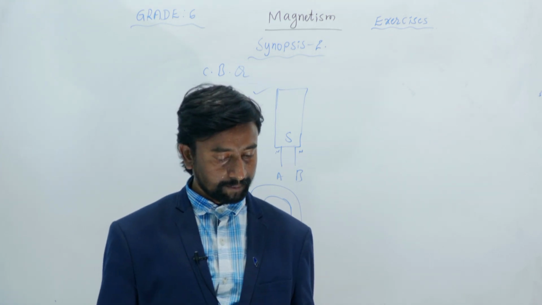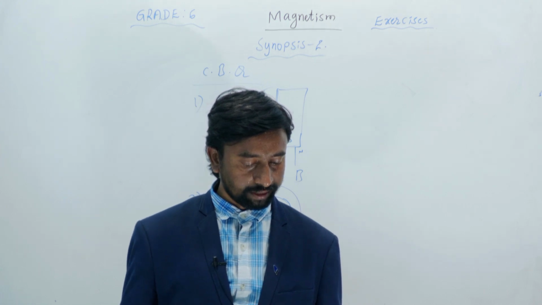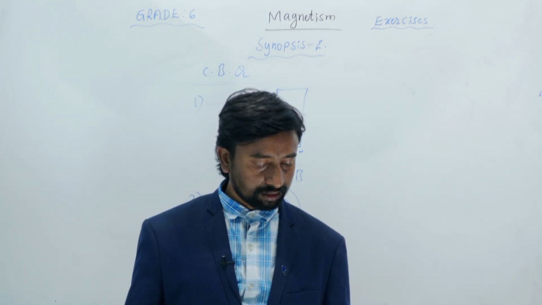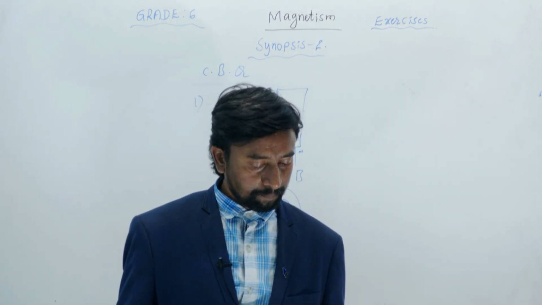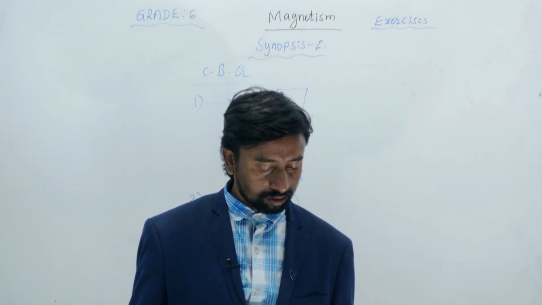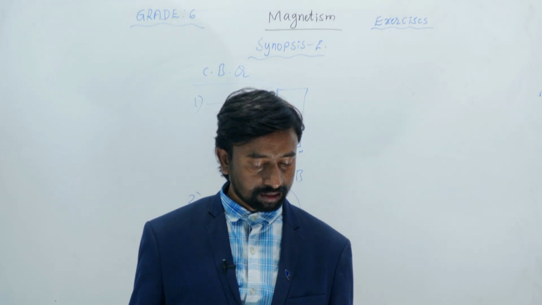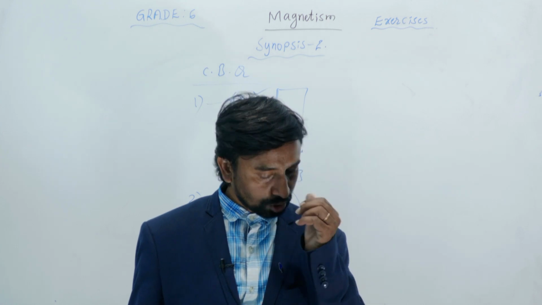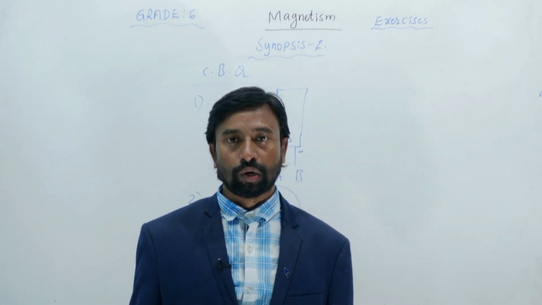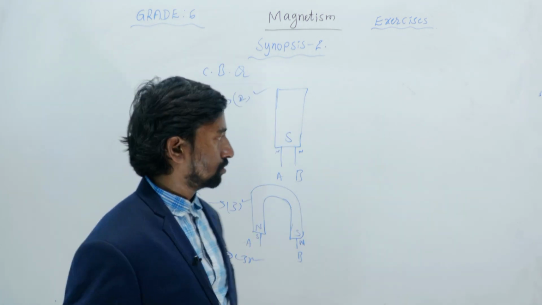So the next one, you see here. The Earth's magnet has its south pole situated near geographic north, geographic south, geographic west, or geographic east. So the Earth's magnet has its south pole situated near geographic north there. So the south pole of the Earth's magnet is inside the Earth. So here